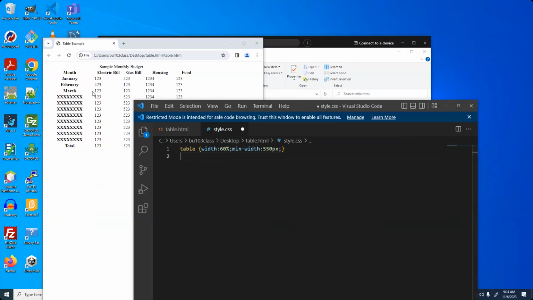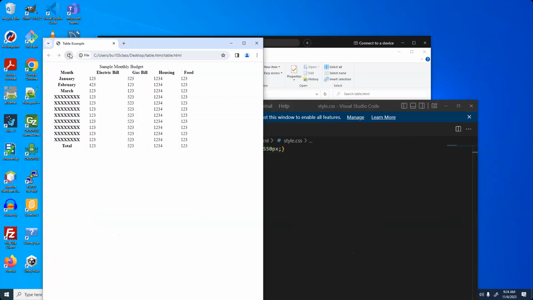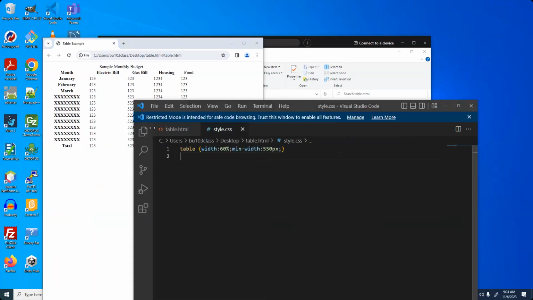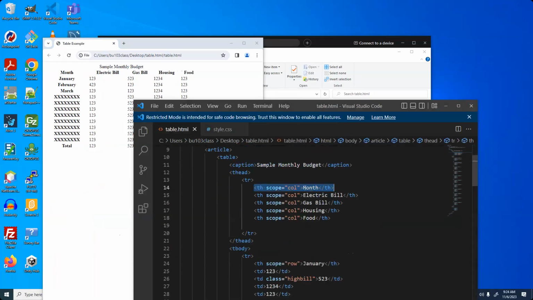All right. So I want to make the month column wider than the other columns. How can I do that? Well, you can do that by putting a class on the column. So I'm going to say class equals wide,